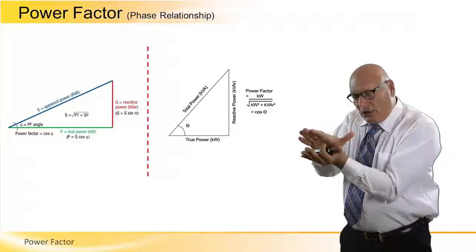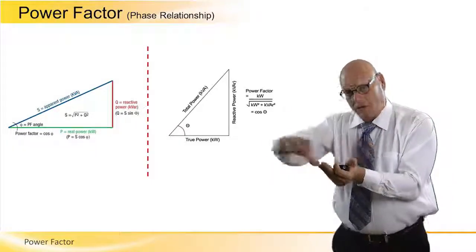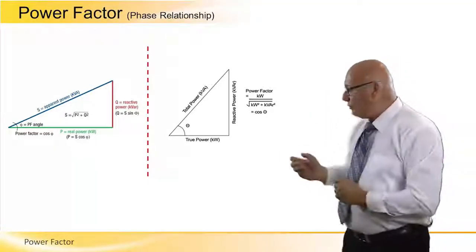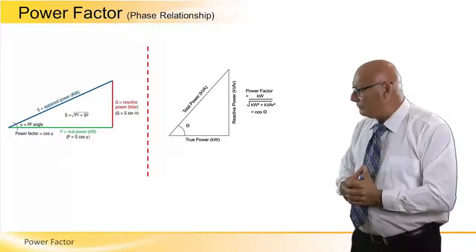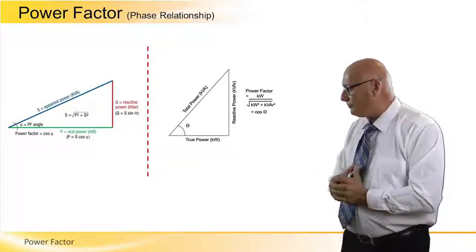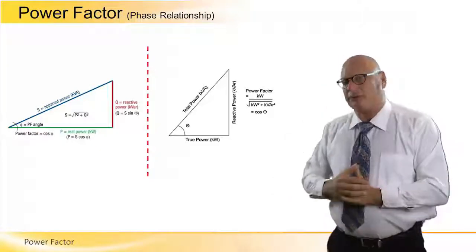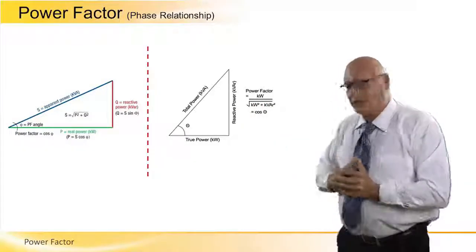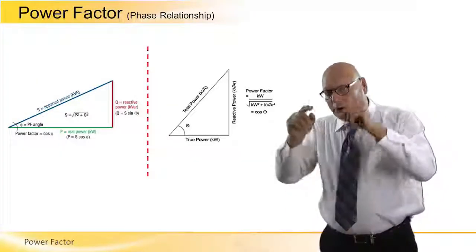So if the angle is low, the total that will go to the load will be exactly what the source generates, effectively 100%. Cosine of 0 degrees is 1. So here we have the equations of every single side of this triangle. And Q is vertical, Q is the reactive, and it's equivalent to the apparent times the sine of the angle. The effective is the effective, apparent is the total, and if we multiply it by the cosine, we'll get the effective. So the effective is always less than the apparent one, always less than the maximum,